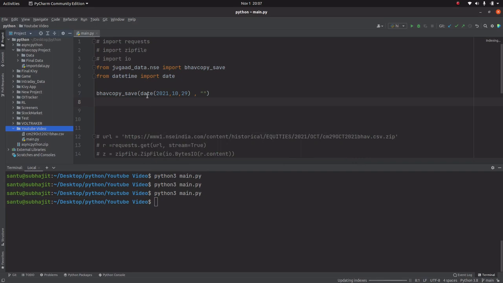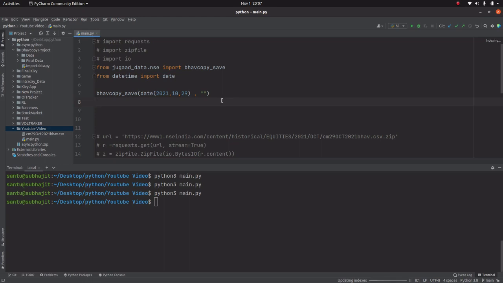So by using Jugaad Data, we can download the bhowcopy for a particular date, and we can provide the location, and it will save the CSV file into that location by using just a single line of code. So this is the third method, and you have to choose which method is easier for you.